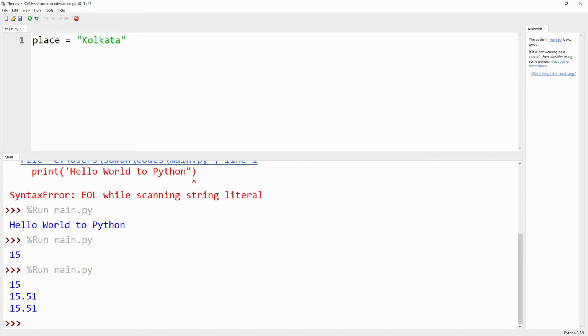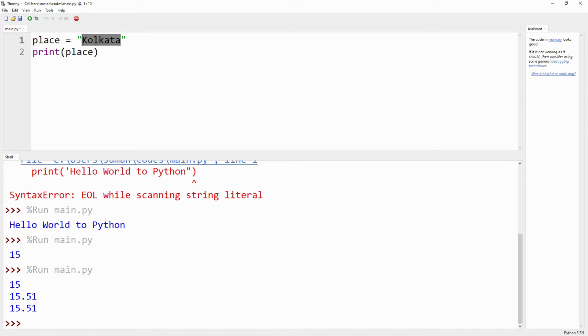So at the moment, the place variable is containing the data that is Kolkata.